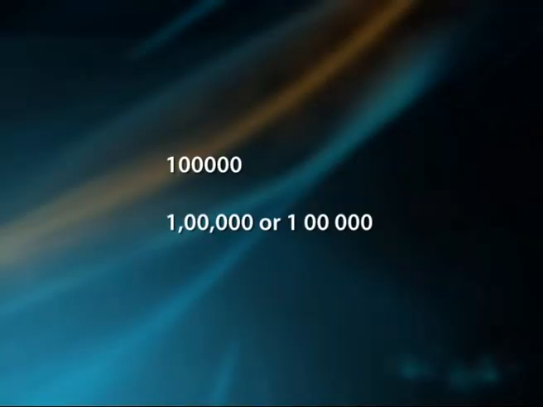Numbers are easy, and the only thing to remember is that you should never insert commas or spaces into numbers in Perl. Always write 1 lakh as 100000, not 1,00,000 or 1 space 00 space 000. A string is a collection of characters in either single or double quotes. For example, 'This is a test'.